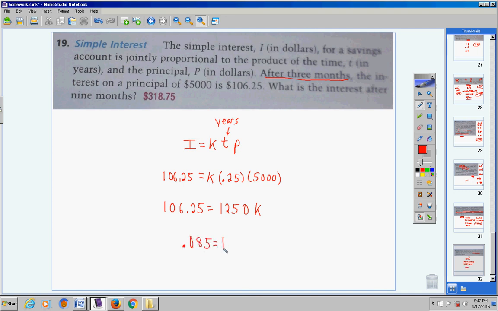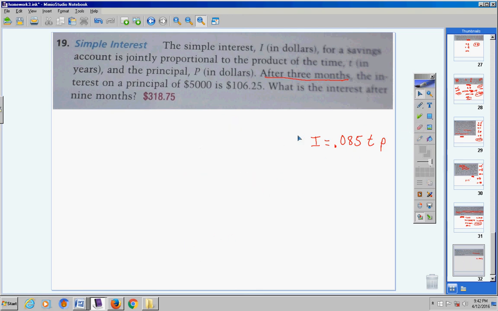Where K is right here, I'm going to pick this up and put it in place of K. So my model is I equals 0.085 TP. So there's the model I'm going to use. Don't forget, time has to be in years. Now here's the question. What is the interest? So we're looking for I